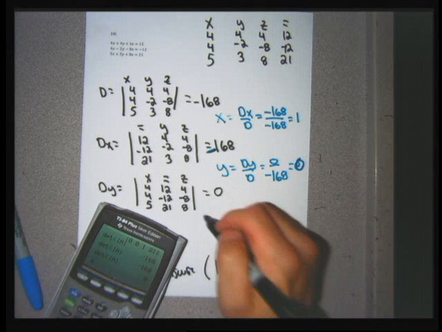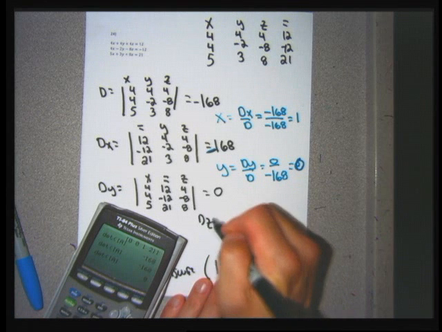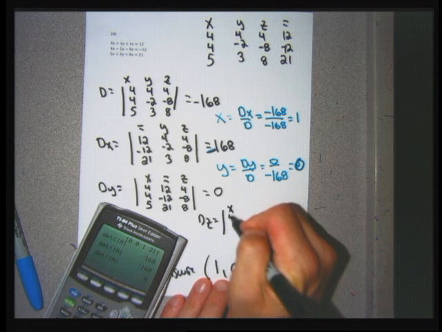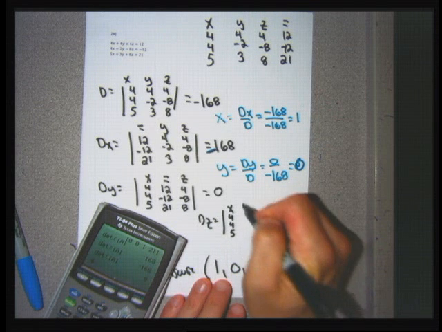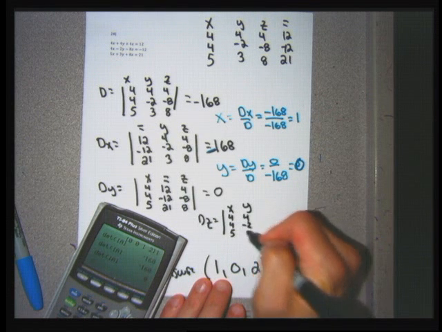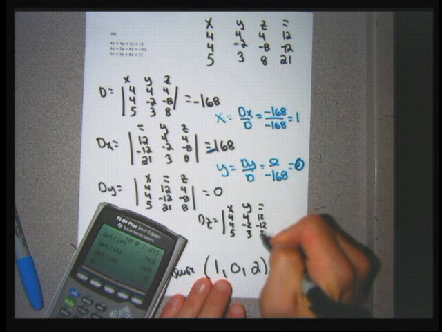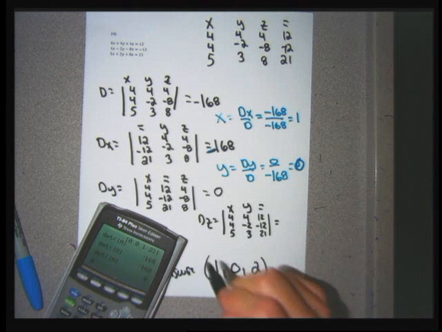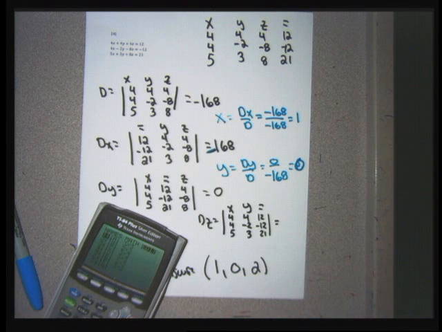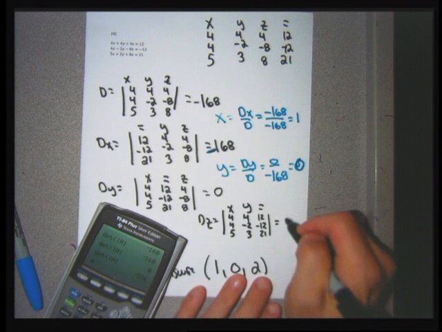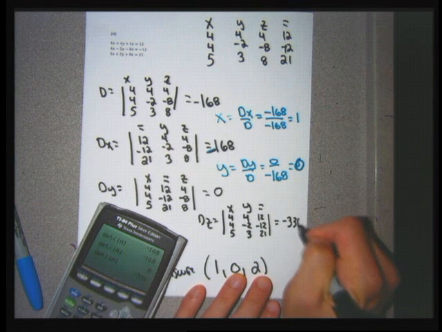The last thing I'm going to sneak in here is the d sub z. The d sub z has the x column, 4, 4, 5. The y column, 4, negative 2, 3. And then instead of the z, the equal column, 12, negative 12, 21. I'll find this determinant. Second matrix, edit, enter, enter, 4, enter 4, enter 12. 4, enter negative 2, negative 12, 5, 3, 21, second quit, second enter, enter. I get negative 336, and z